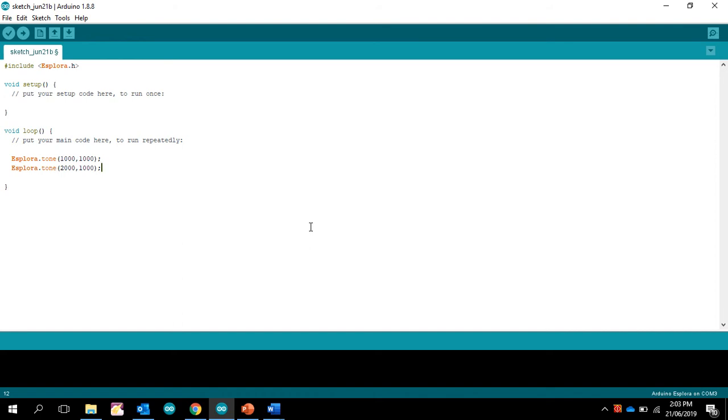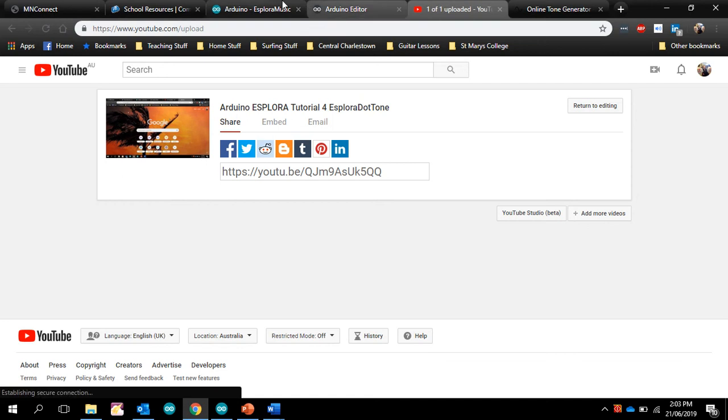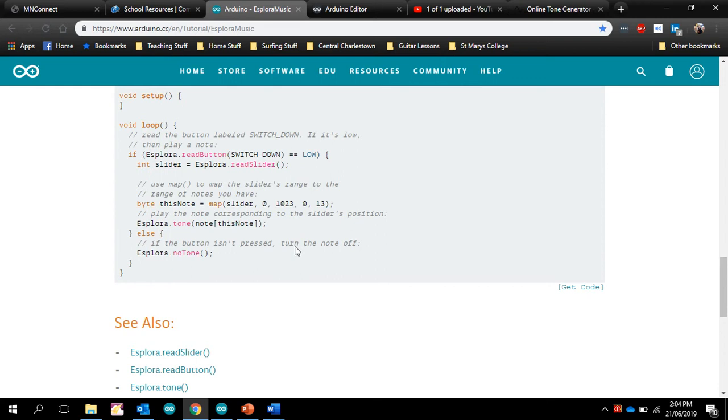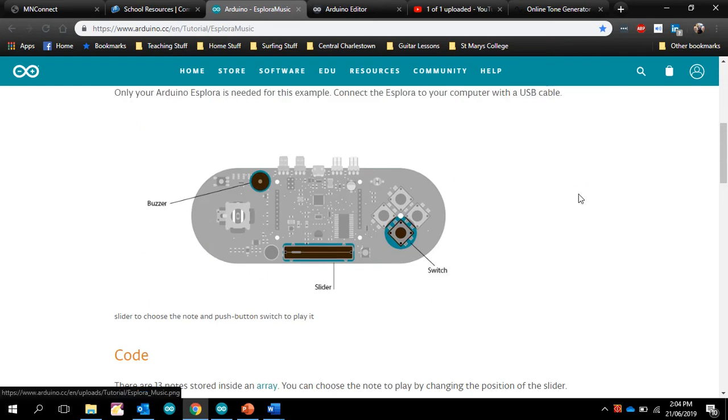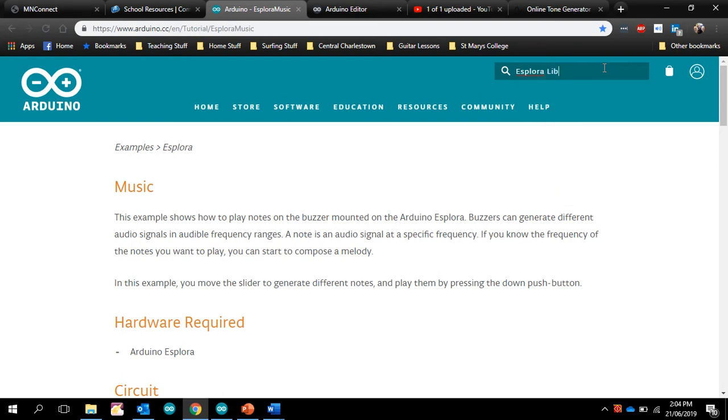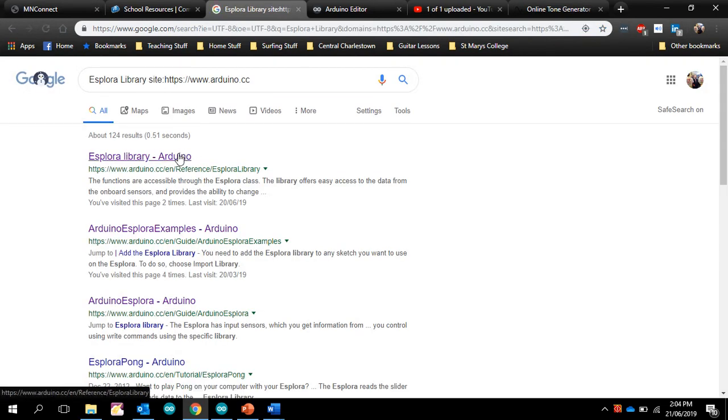So what we need to do is use the WriteRGB code, and from our previous experience we know that we have music where we've used EsploraDotTone, or if we want to search for the Explorer library, let's say we do library, then what we can find is the